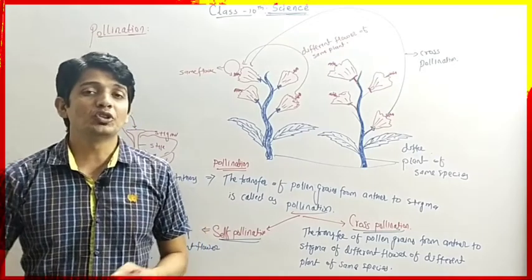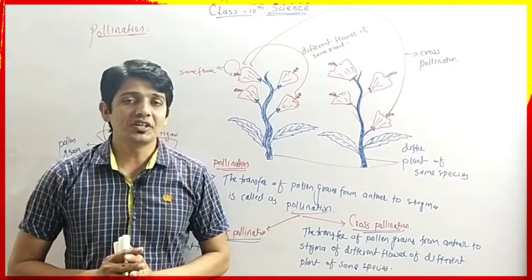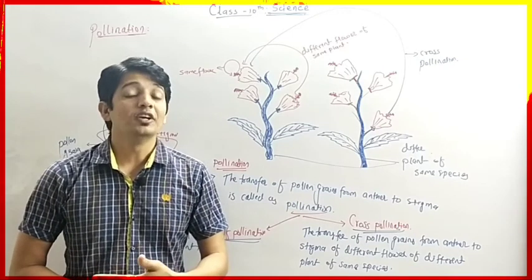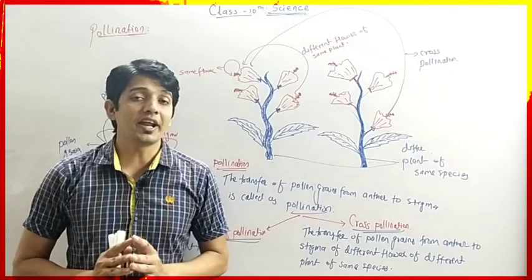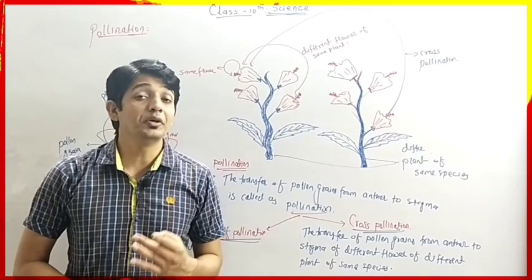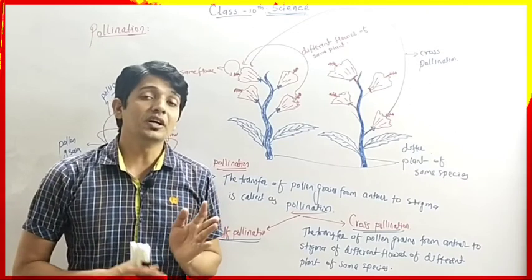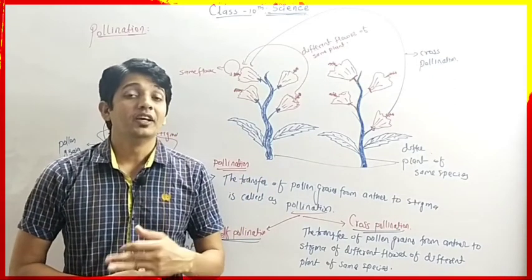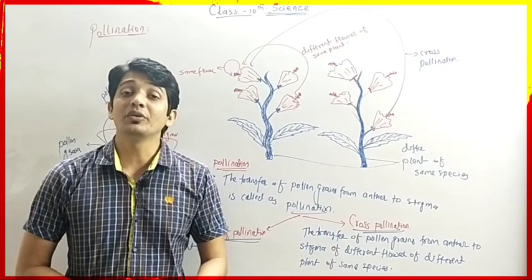So students, today we covered double fertilization in plants and pollination with their types. If you do not understand this video, please keep repeating and watch this video again, because this video lecture is very important as compared to the others, because it is about the fertilization process in plants. It is part of sexual reproduction. That's why it is very important.